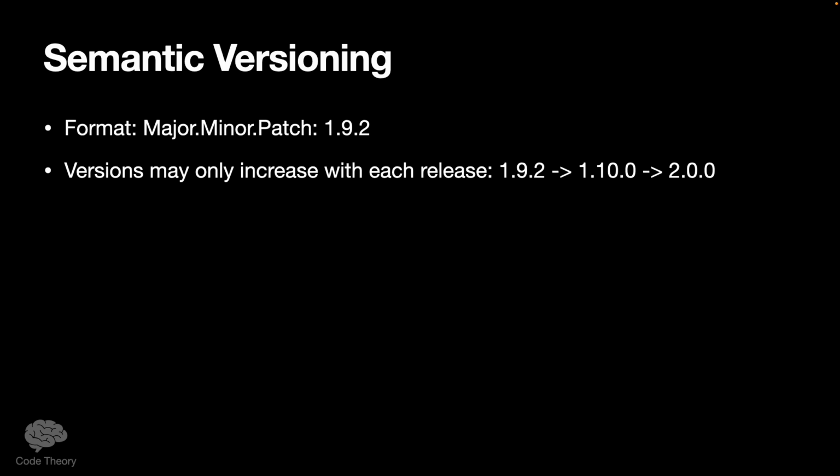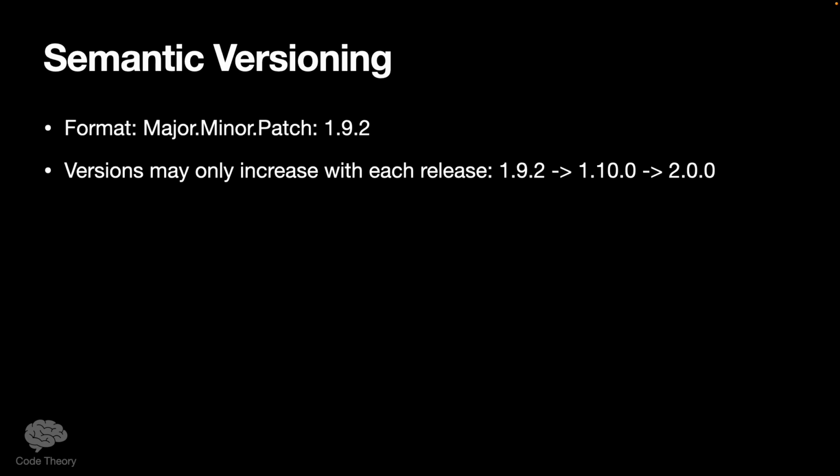Now, of note, something that always used to catch me up with semantic versioning: whenever I would see 1.10, I would think, oh, like 1.1, got it, right? Because if you truncate everything else off like you do normally with a single decimal, then it's just 1.1, right? The main thing to note is that 1.9.2 is a lower version than 1.10.0, okay? Basically, instead of saying 1.1, you say 1.10, 1.11, 1.12, that sort of thing. And those can increase ad nauseam, right?